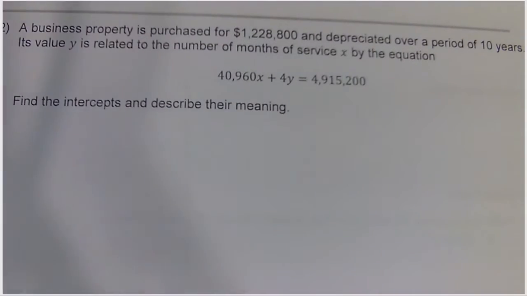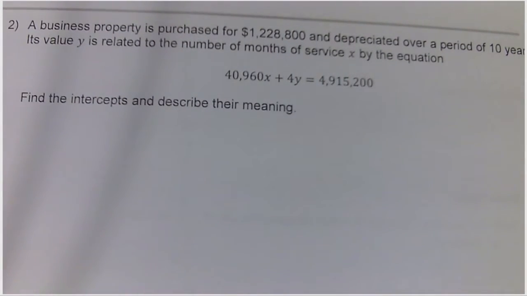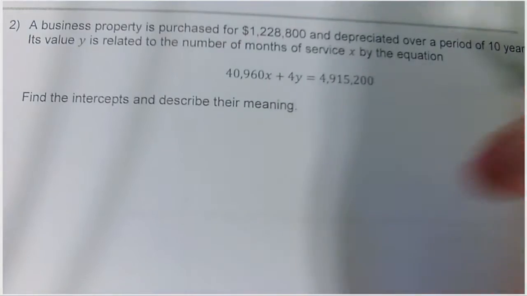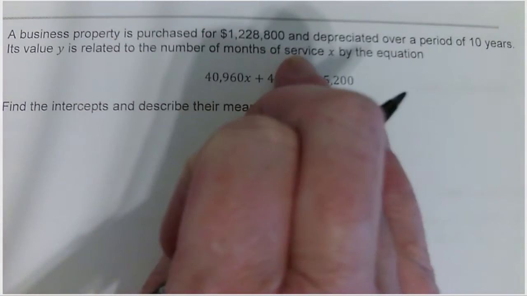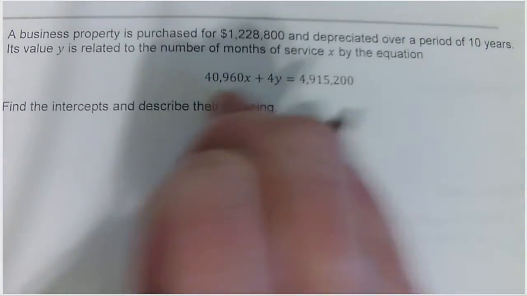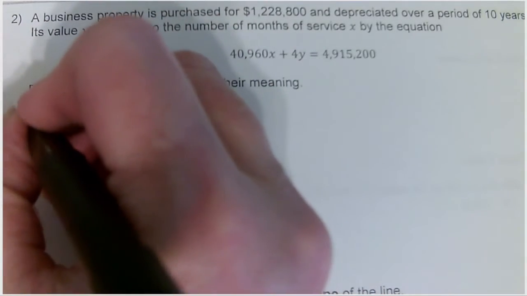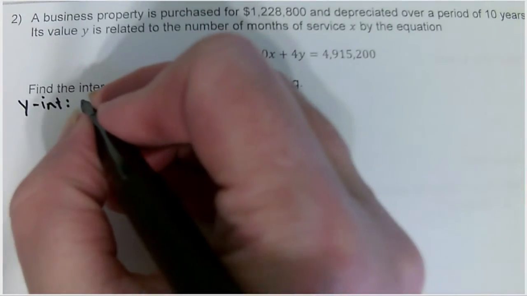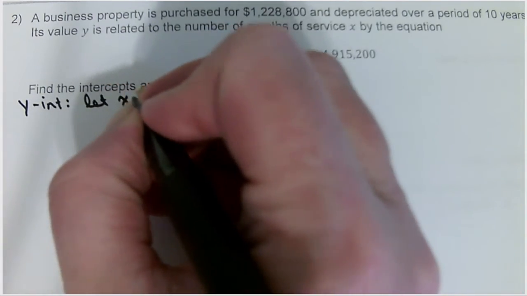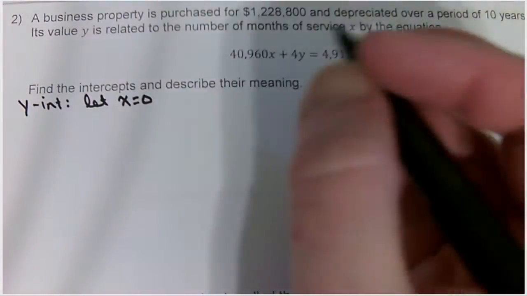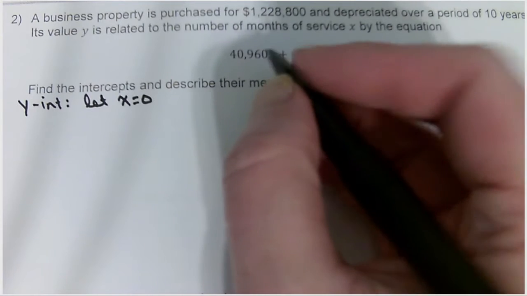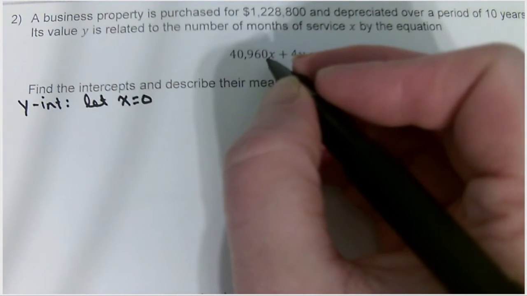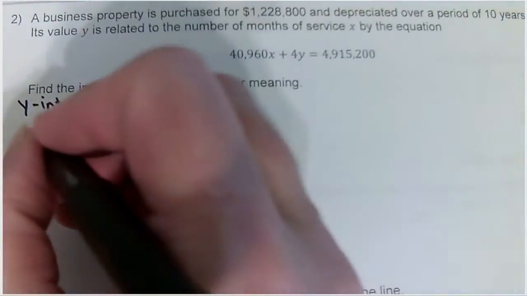Now we also want to think about the meaning of these intercepts. So let's say business property is purchased for this much and depreciated over a period of 10 years. Its value y is related to the number of months of service x by this equation. So let's start off by finding the y-intercept, which is we'll let x equal 0. So in the equation, I'm going to plug in 0 for the x. And what's going to happen to this term that had the x in it? Well, anything times 0 is just going to go away. So I get